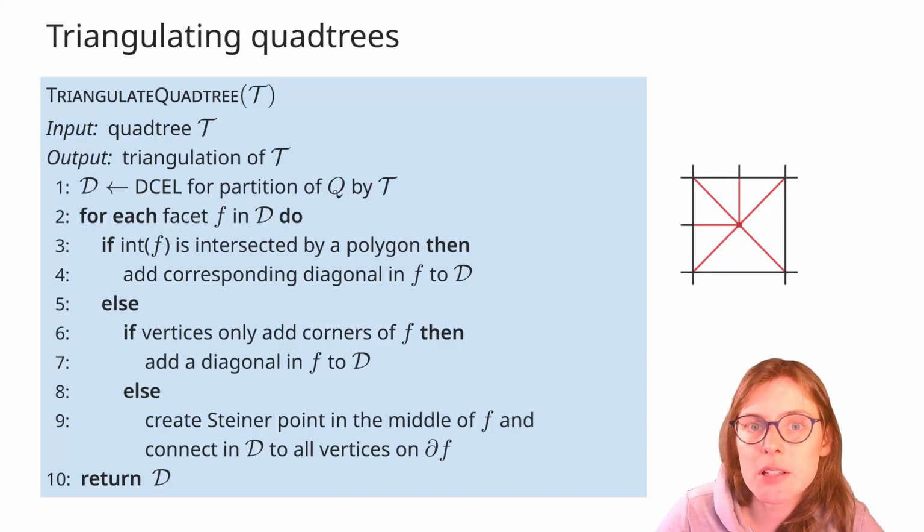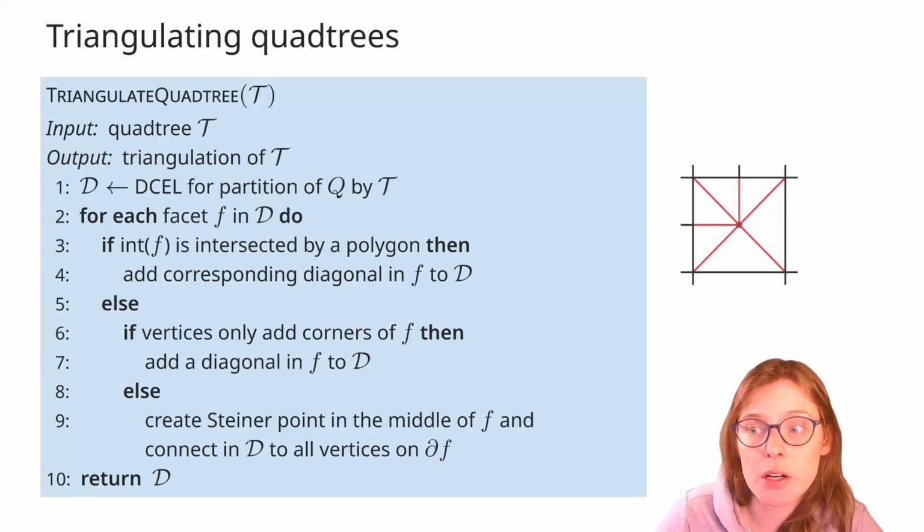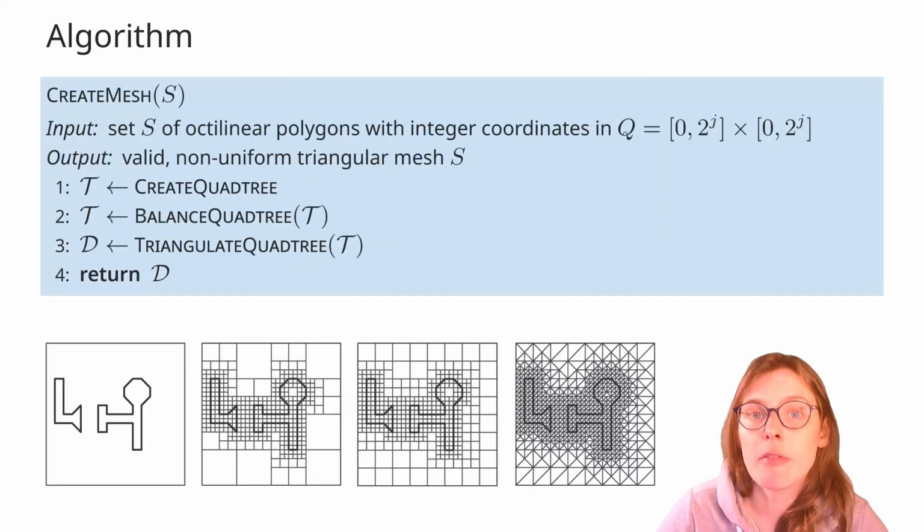And if a square is not intersected along a diagonal by a polygon, then let's consider the vertices of the adjacent squares. If they don't split any of the square's edges, then we'll simply add a diagonal. And otherwise, we'll add a Steiner point in the middle of the face and connect it to all the vertices of the square and also to the midpoints of the sides that are split by a vertex of adjacent squares. Finally,